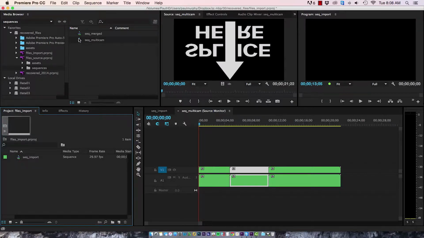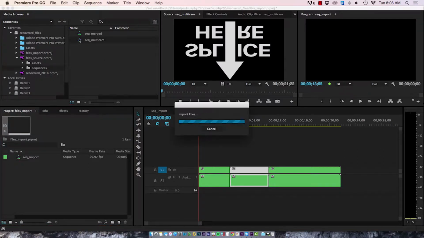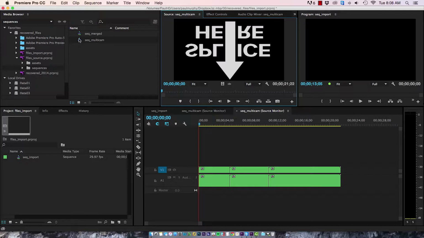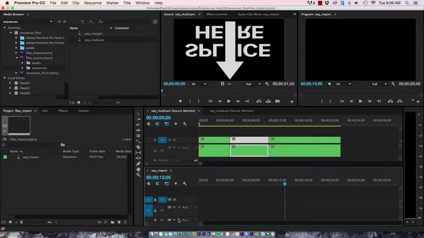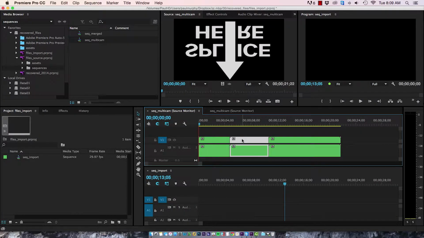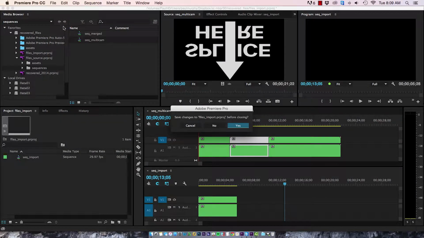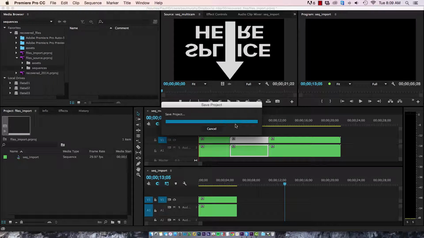So open the sequence in the source monitor by double-clicking it. Drag your target sequence to the bottom of the frame to split it into two timelines. Highlight the clips you want and drag from the source sequence into your target sequence. Now you'll notice there are no new clips in my project. What we need to do is close and save this. Open it again